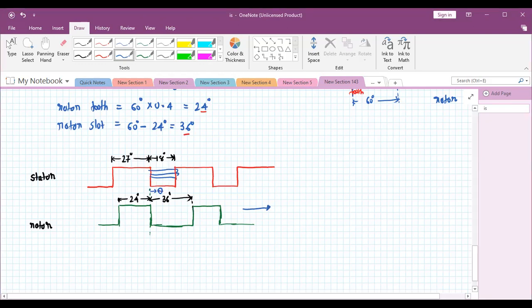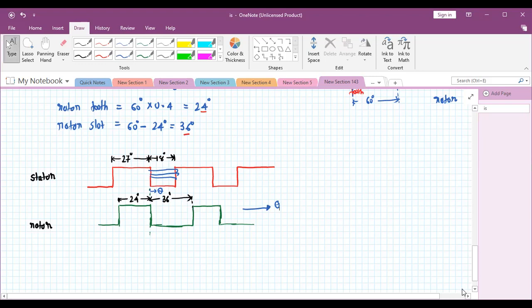From this, your rotor is moving in this particular direction, from left to right, by some angle theta. In this direction I am taking that the rotation occurs. Now consider that at a particular position the theta is 0, and the rotor will try to come to this particular position on this side.